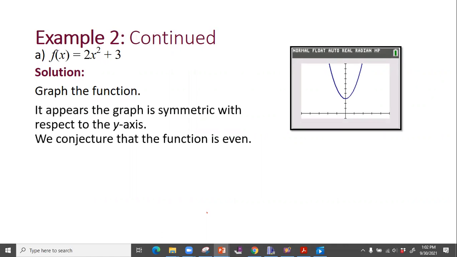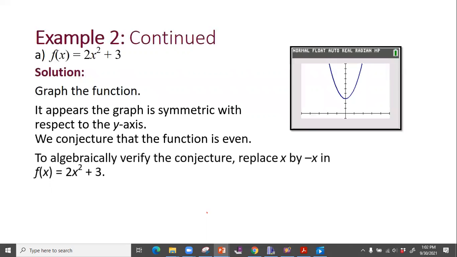It is even. And why is it even? There's symmetry. It's symmetrical with the y-axis. Now, algebraically to prove this, all you have to do is replace x with negative x. And if it comes out to be the original problem, then they are